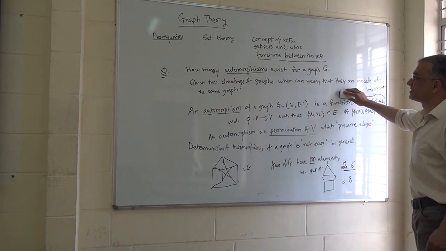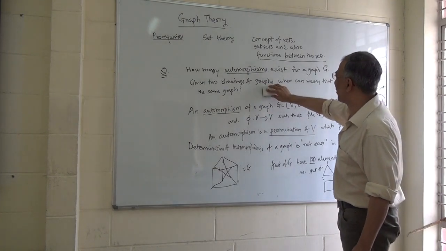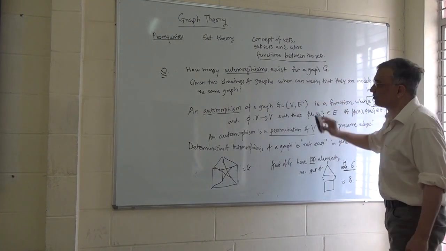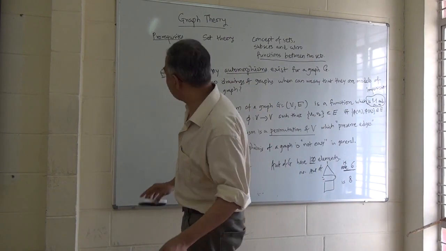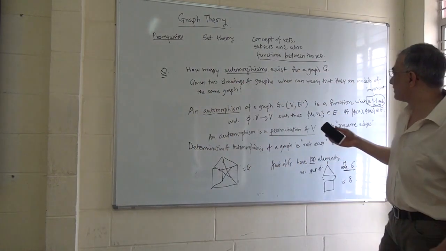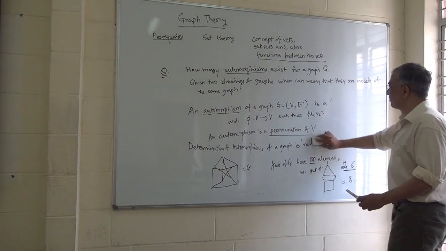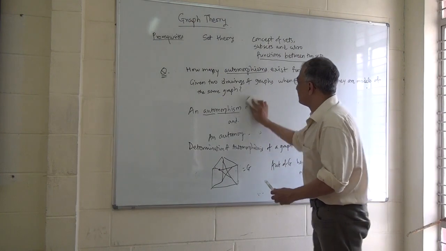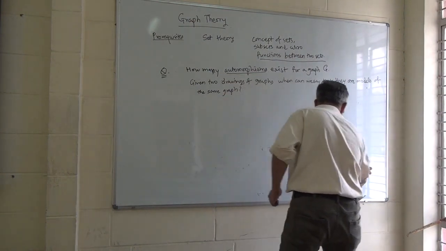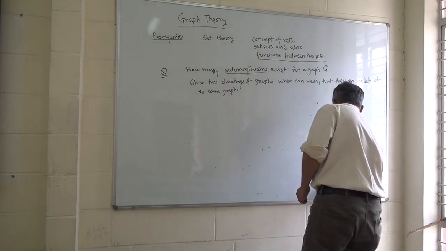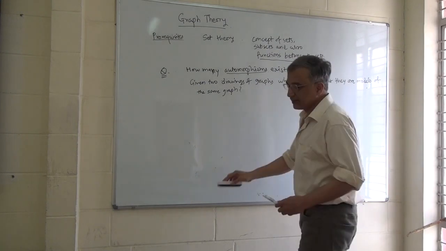One of the basic concepts in graph theory is: when given two drawings of graphs, when can we say they are the same graph or not? In general, it is very hard. There is another related concept, known in computer science to be an NP-complete problem, which is finding a pattern inside a graph G. That is called the subgraph isomorphism problem. So what is that?